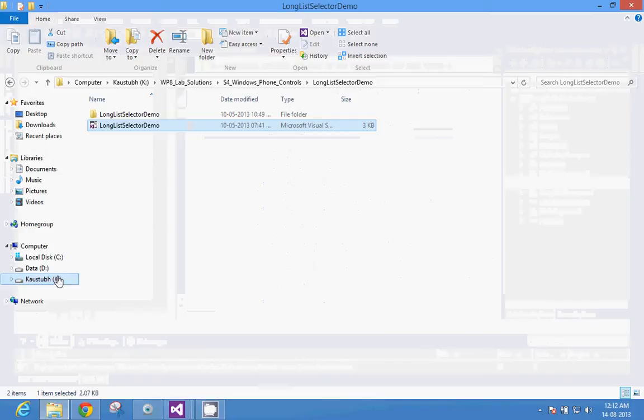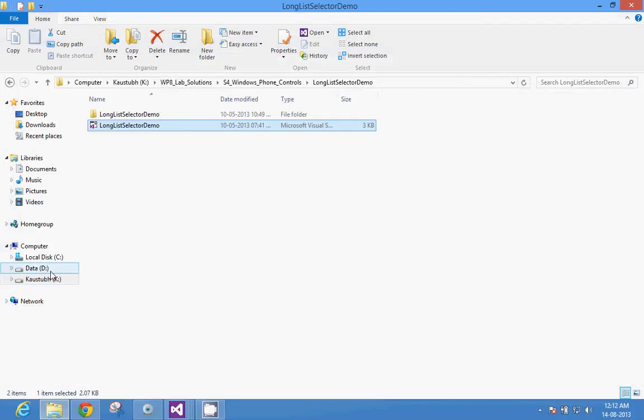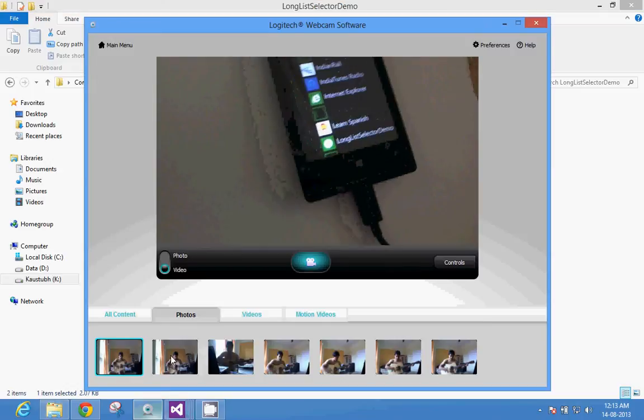Okay, so I'll quickly remove this and attach this. I hope it detects the Windows Phone. Anyway, I have actually installed this app already, so let's just see the demo.